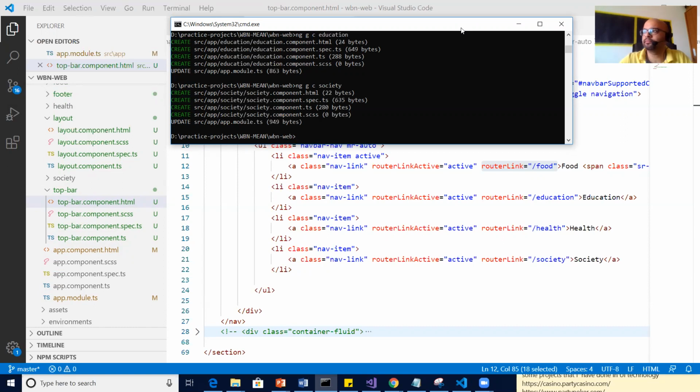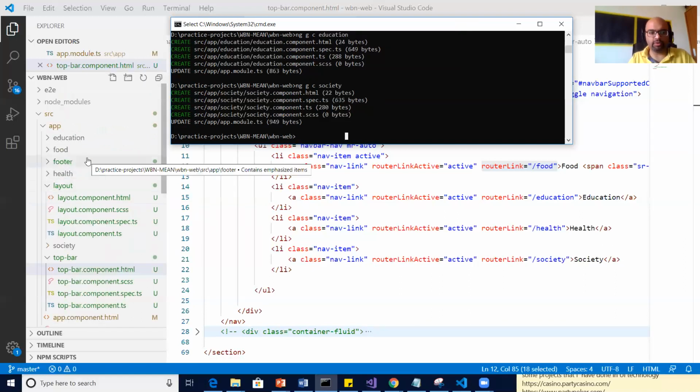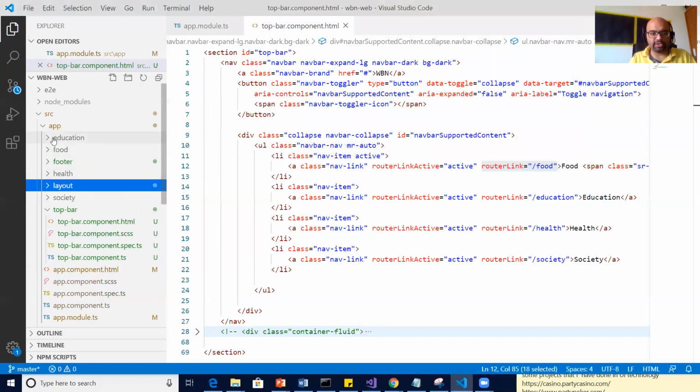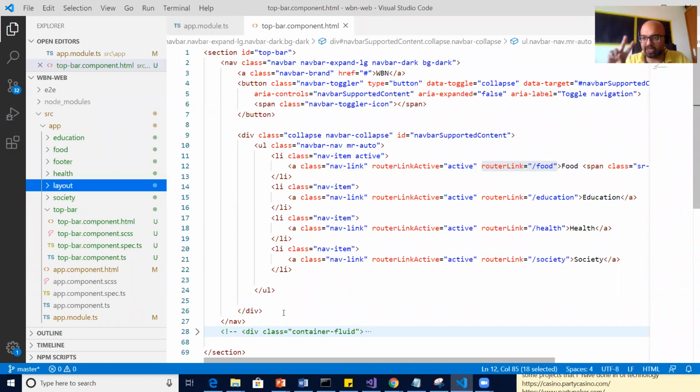Give me a minute. Okay. So now you can see all your pages: food, health, education, correct? Everything at its place. So now, as I said, you have created the links. When you click, now your UI flow demands: where are these content pages? Where are these child pages? So we have added that also. So step 2 completed.